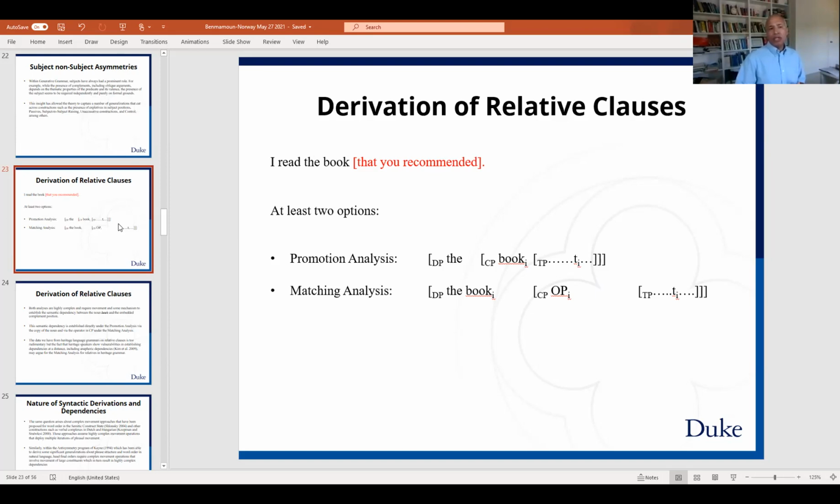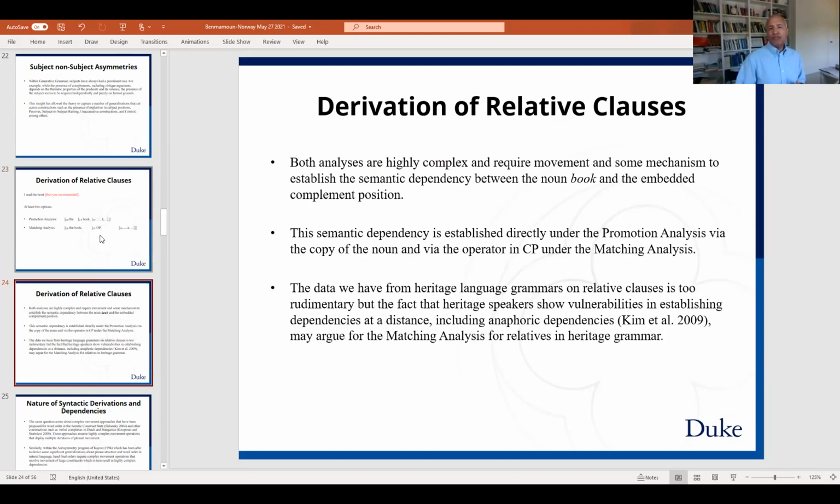But when you look at what we find with heritage languages, as we saw with Arabic, there is no problem building up basic structure, noun phrases, sentences, getting the sequencing right. What we find is that the challenge with heritage languages is establishing dependencies at a distance. We have seen that, and people have found that also with anaphoric dependencies, like in the work with Kim and others. So my tentative suspicion here is probably